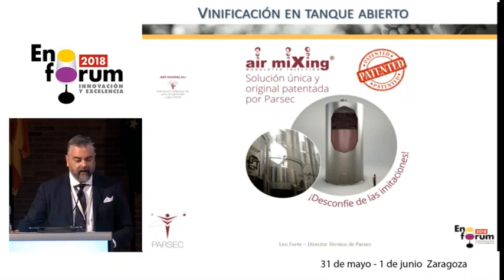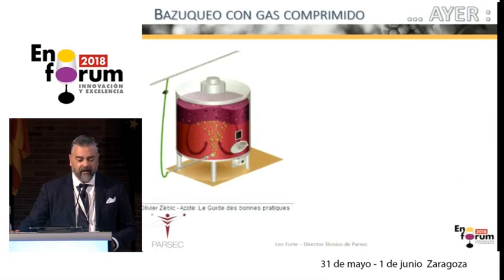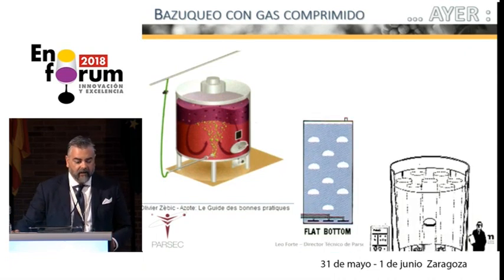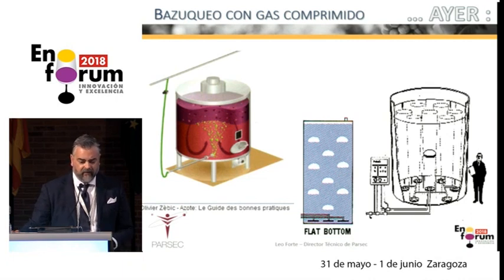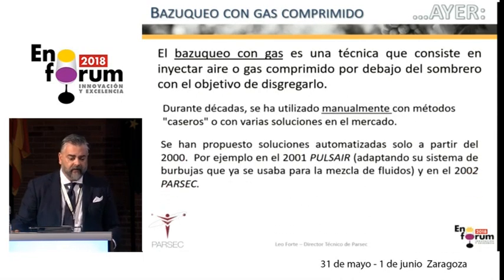And then we will speak about the fermentation in an open tank, where the most revolutionary technique is air mixing in a modular injection, which is a single, unique solution that is patented by Parsec. We will see also the technique of the bazuqueo, which could be translated as shredding with gas,